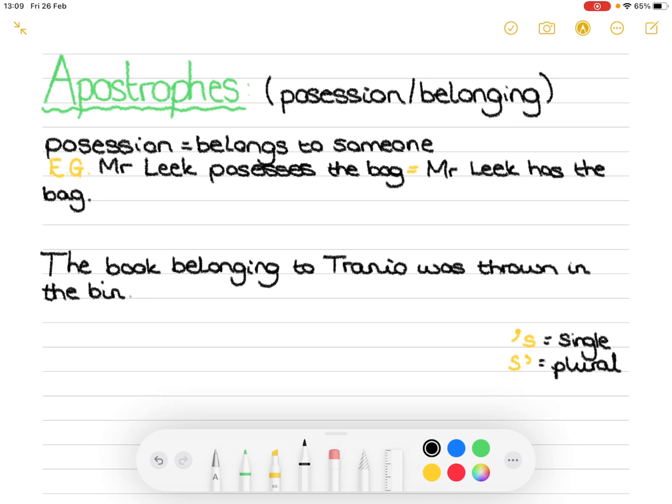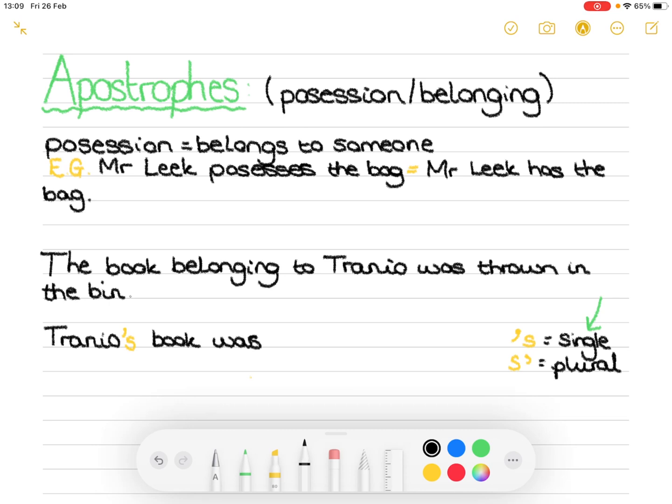So we're going to convert this sentence into a more succinct sentence, one that flows better. So instead of saying the book belonging to Tranio was thrown in the bin, we want to say that Tranio's book was thrown in the bin, and we're going to do that using apostrophes. So we'll start off with who it belongs to, and that is Tranio. And Tranio is a single person, there's only one of him, so we're going to go for this version here, which is apostrophe and then S. So Tranio's, and then it's his book,